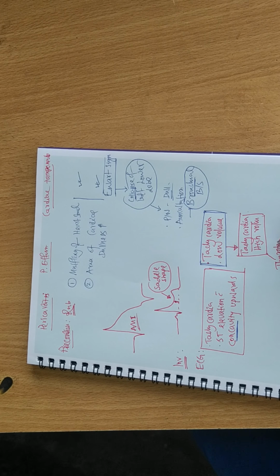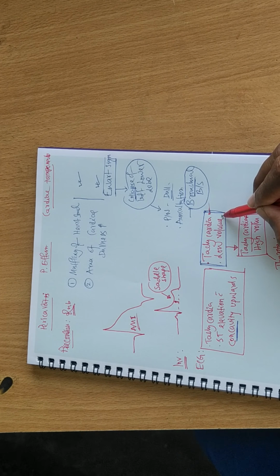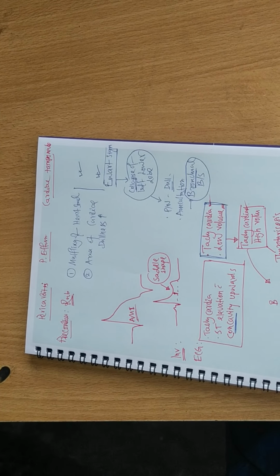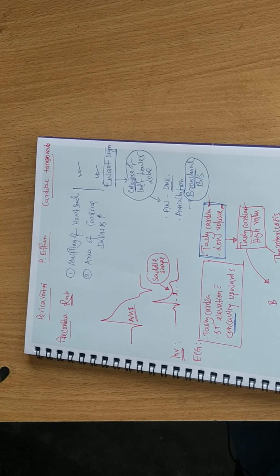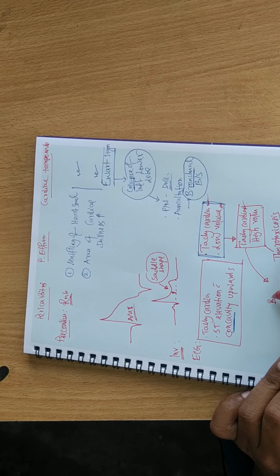thyrotoxicosis. So in case of pericardial effusion, the ECG finding will be tachycardia. In case of thyrotoxicosis, the ECG finding will be tachycardia. But in case of pericardial effusion, there will be low volume ECG, and in case of thyrotoxicosis, the ECG will be high volume. Okay. Again, if the ECG heart rate becomes low, that is